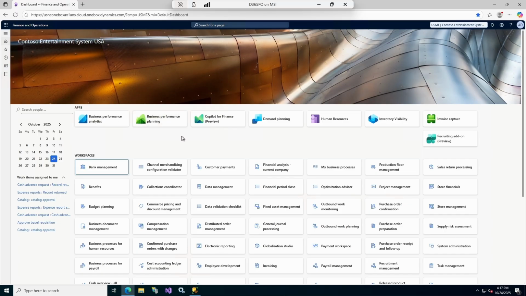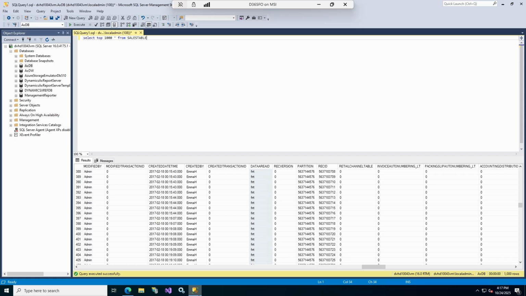All right, so this is USMF from the top right. Yep. So let's say that we only want sales orders from USMF. Let's go back to SQL. Okay. And we're going to add something